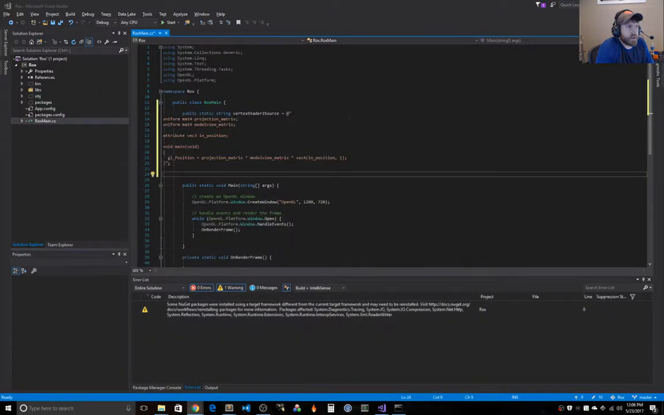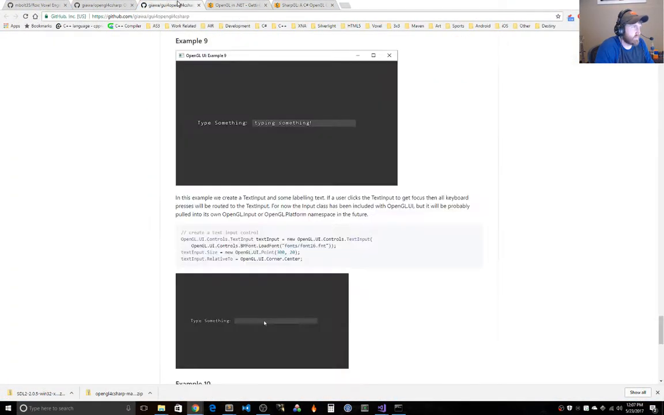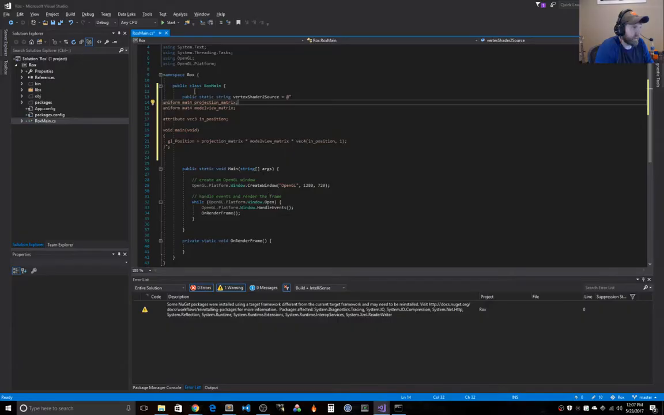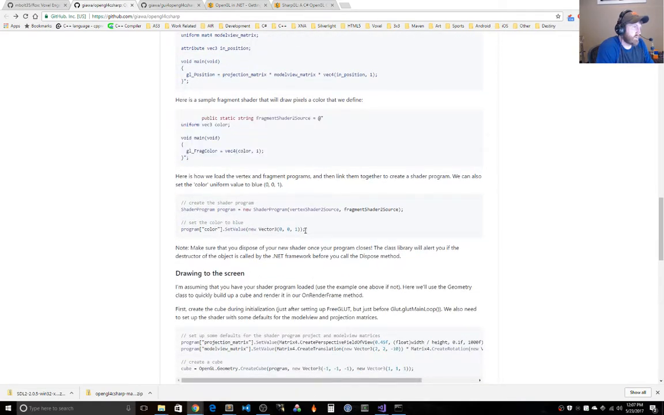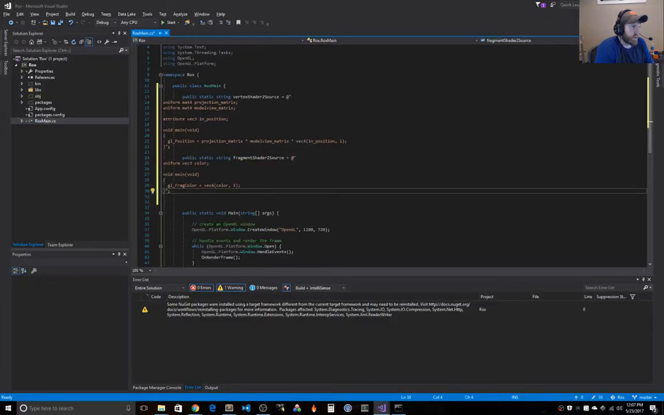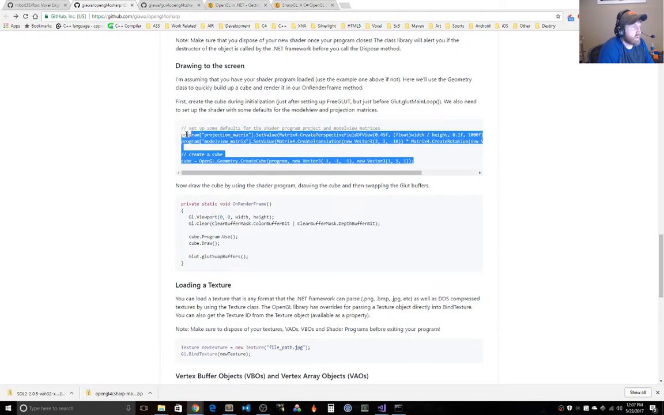Anyway, so back to our Fragment and Vertex shaders. He gives you some pretty basic ones to use as an example. I'm just going to copy and paste them. He has, let's see, what else is he doing? He has his little shader program. Oh, that's pretty nice. You can pass both the Vertex Shader and the Fragment Shader to this program. He has a little thing where you can set the color value, which is going to set it to blue, RGB 001. And then he's got a little